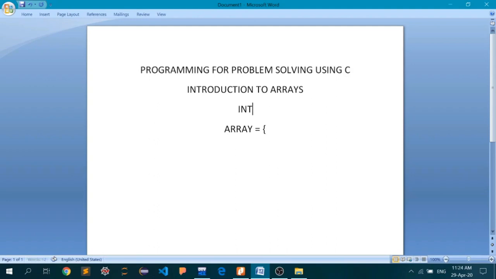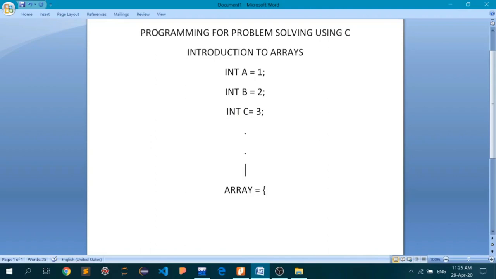I will do something like int a and the value, and then int b and the value, and int c and then the value, and it goes on and on. Don't mind the caps, I have just used caps lock to be more visible. That is not an actual syntax in C, but it will give you the intuition of how things are done conventionally.